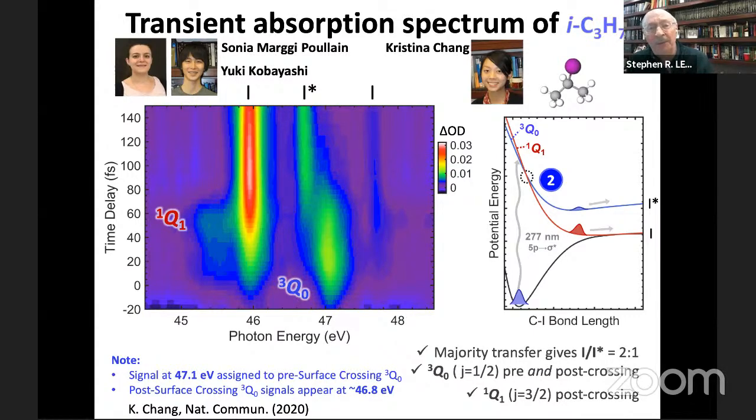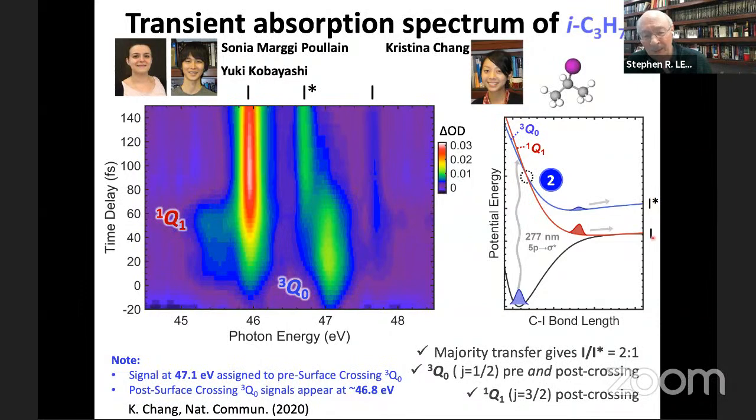Now I'd like to just consider one more example briefly, and that's the simple breaking of a bond, the breaking of the C-I bond, the carbon iodine bond in this isopropyl iodide. It's a gas phase molecule also. And you can think of this process in the following way. We excite the molecule up mostly to the triplet Q0 state, but then it undergoes a conical intersection and it can decide on 2 pathways, whether to remain on that triplet or to transfer over to the singlet state like this. And these 2 pathways lead to 2 different excited states of iodine, the doublet P1/2 and